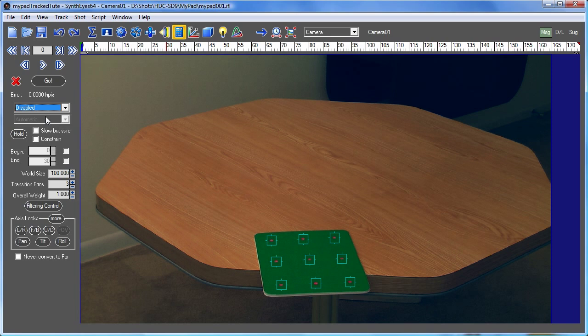Now, if the camera had been moving during this shoot, as well as the tablet itself, we could have solved for the camera motion as well. And in that case, we'd have additional trackers that are on the background and not on the tablet. And those trackers would be attached to the camera, and we would do a camera solve. So we can do the solve for both the camera and the tablet simultaneously, but that's not what we've got in this particular shot. So we'll just disable the camera, and we'll go work on the